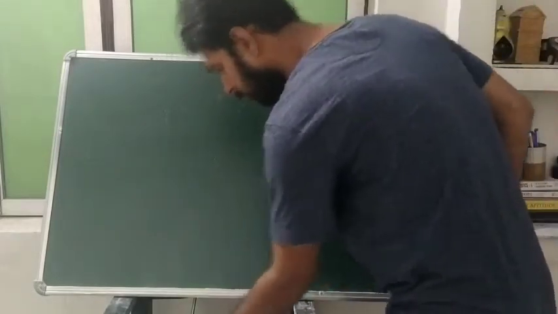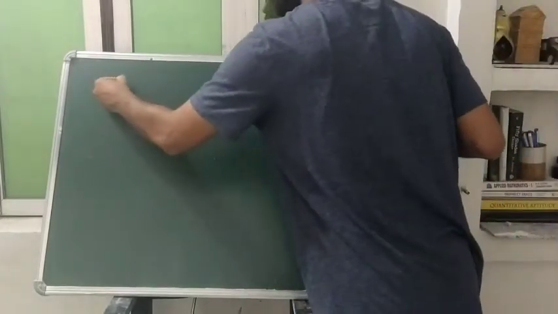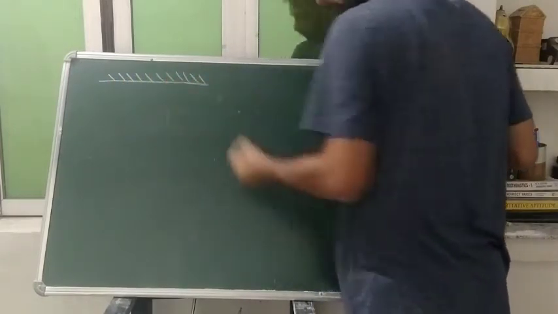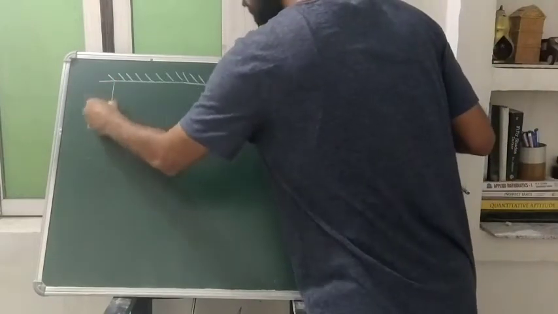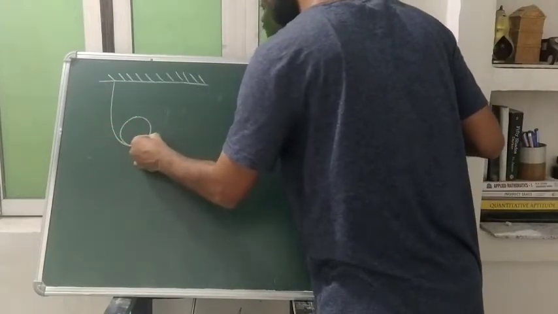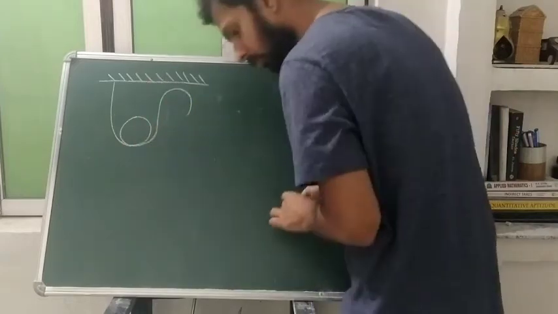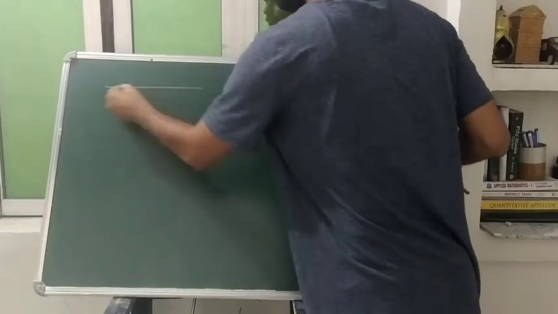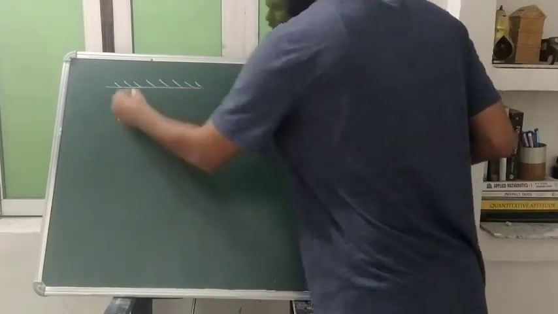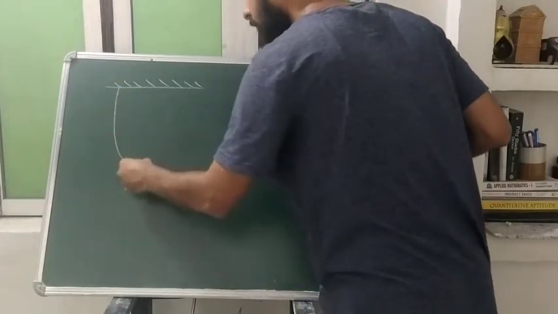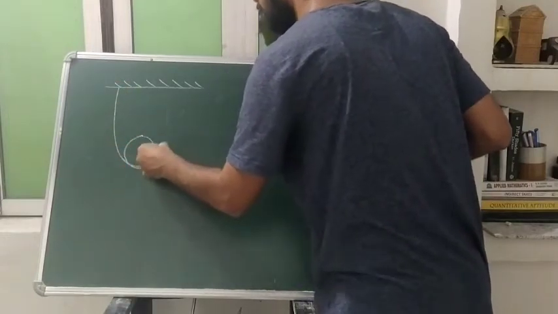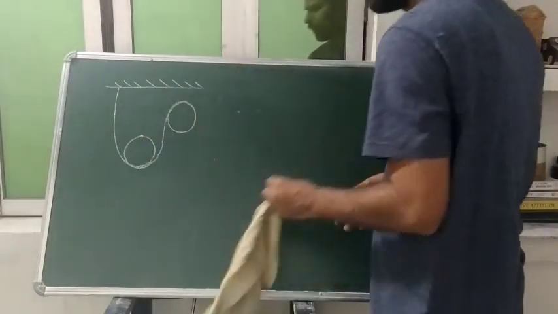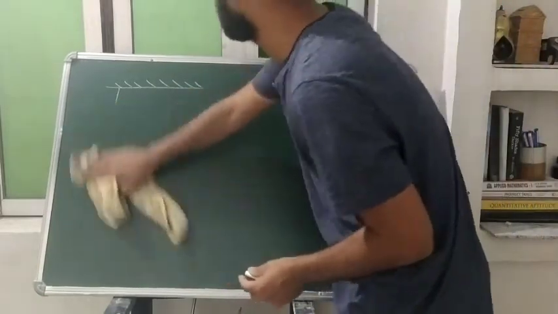So, of course, one homework I had given to you. That homework was something like this. Here was one string over one pulley, and here, oh sorry. Here was one string present here, moving over the other pulley. The other end was going over the second pulley. I should write it very well.